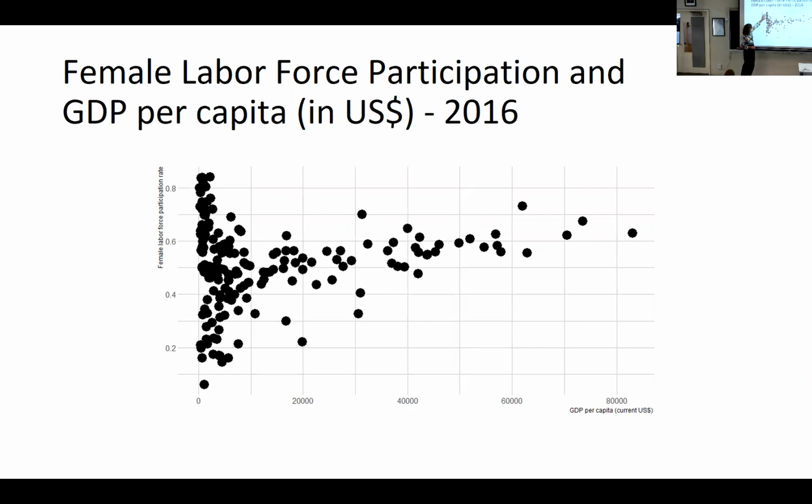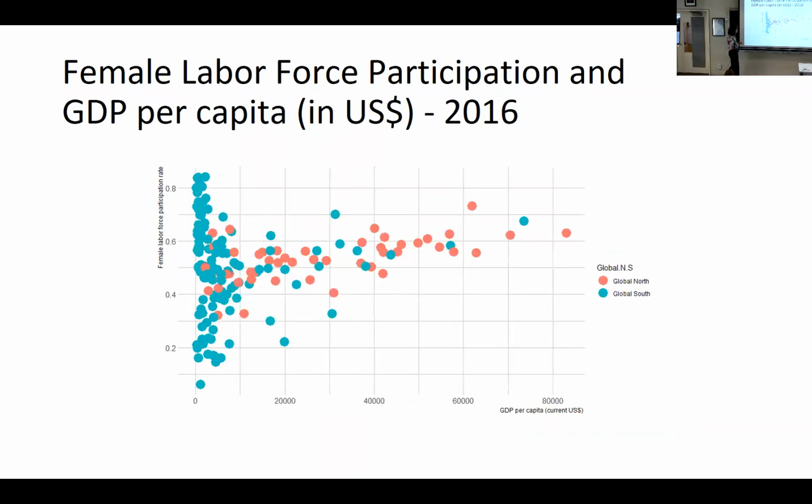Okay, so we have countries with 80% of female labor force participation, while you have countries here with very low. When you go to higher GDP per capita, this looks like it's more converging or something like this. But there's a lot to be explored here in this part, which is where we decided to focus on. And then even when we separate this graph now on the global north and the global south, we see that